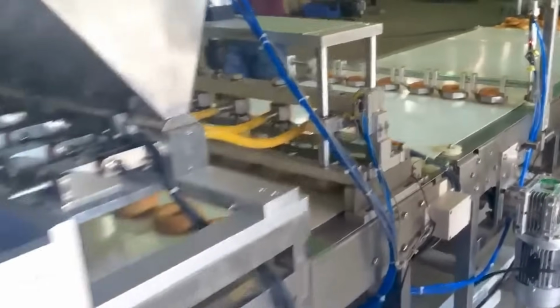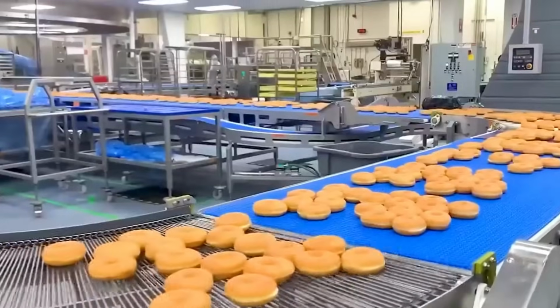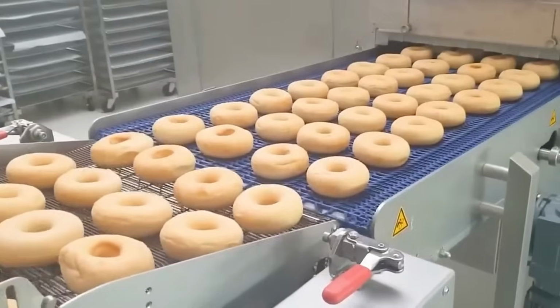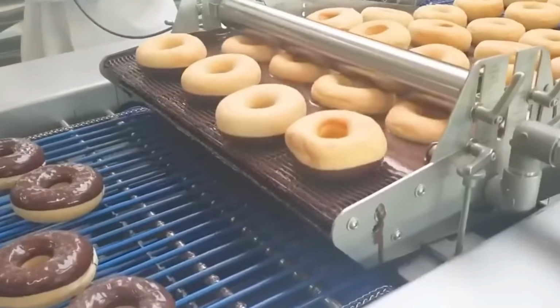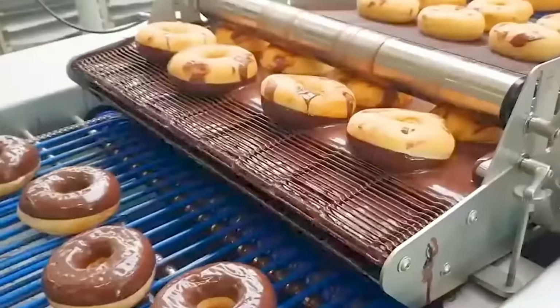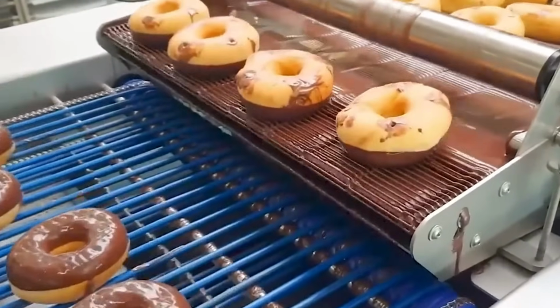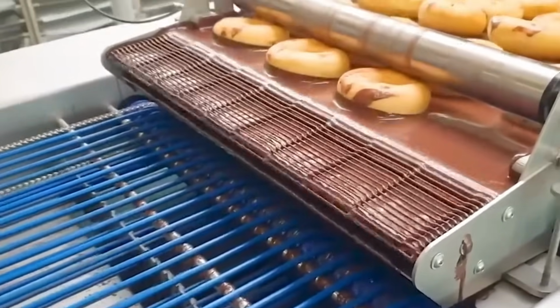staying pillowy inside. After cooling, the donuts roll forward, lining up under precise nozzles that fill them with rich cream, custard, jam, or even chocolate mousse. These injectors, connected to colorful tubes filled with different fillings, push the flavor into each donut with surgical precision. And just like that, the humble ring or ball of fried dough is transformed into a filled dessert bomb of